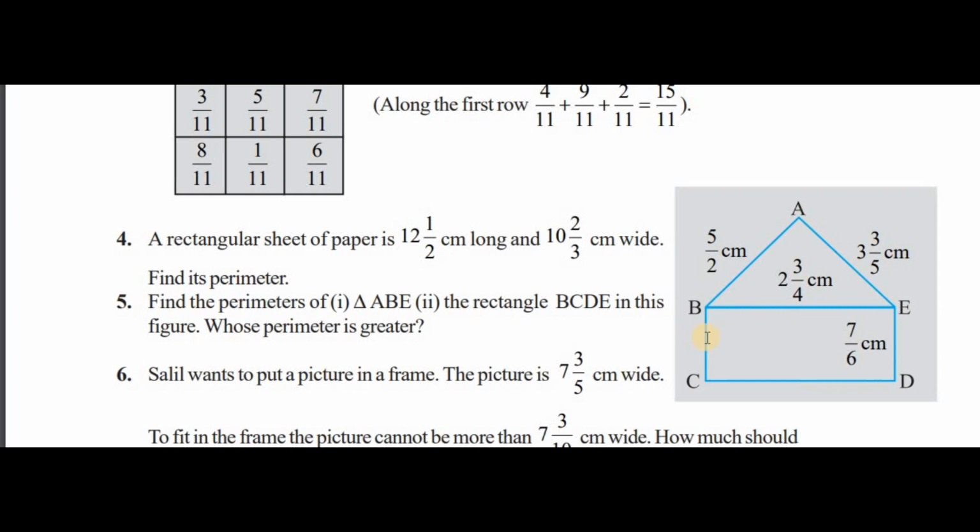Find its perimeter. For this question, you have to remember the formulas of perimeter of square, rectangle, triangle, all these things which we learned in 6th class, in the 10th chapter, area and perimeter. We learned all these basics, so we have to remember those. Okay, we will see now. We'll try to solve this fourth question.